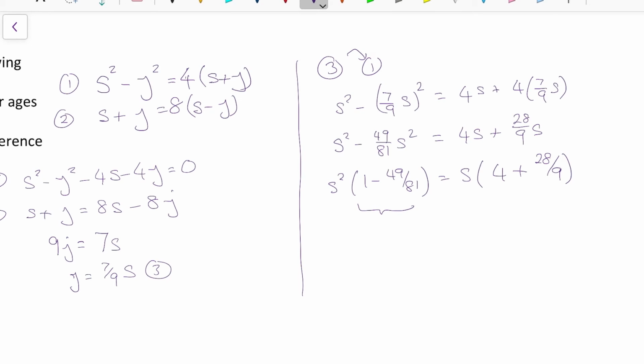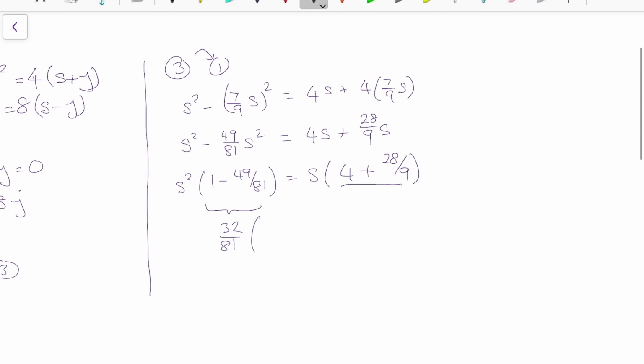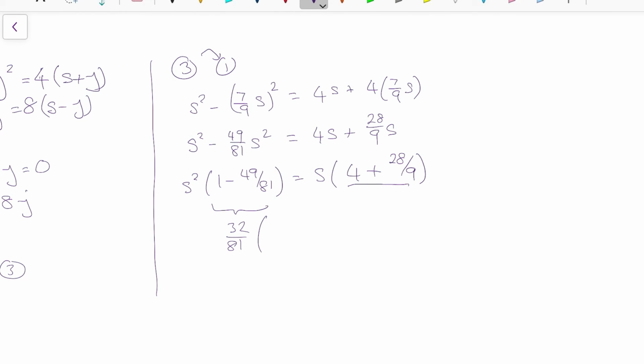81 minus 49 is going to be 32, so that's 32 over 81, and then I've got S squared. Now, for this bit here, the way I would solve this is I've got 4 plus 28 over 9, so I need to change these all into ninths. 4 times 9 is 36, plus 28, all over 9, which is 64 over 9. So actually what I'm going to do in one go is multiply this by 9, and that's therefore going to be equal to